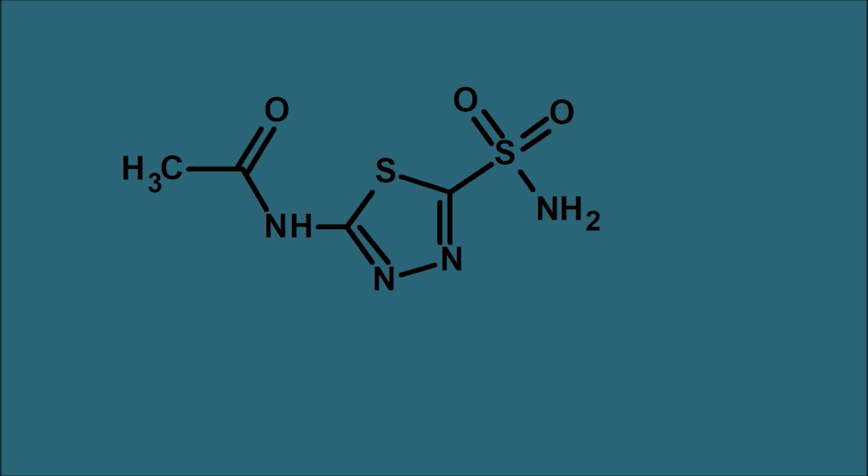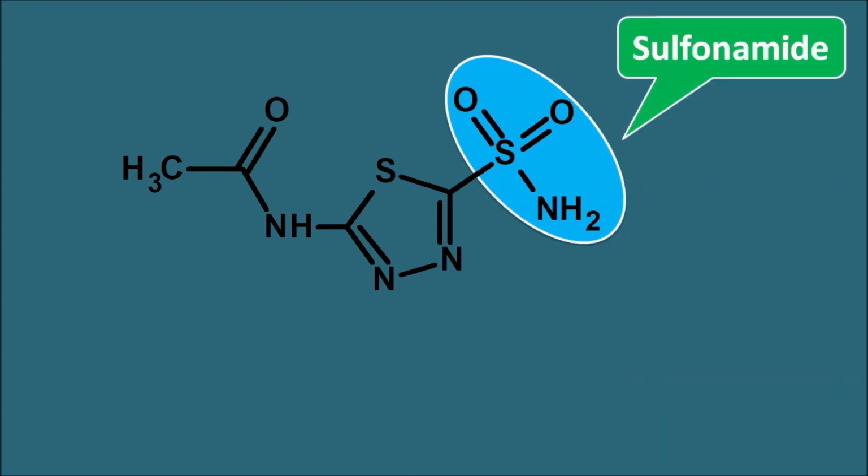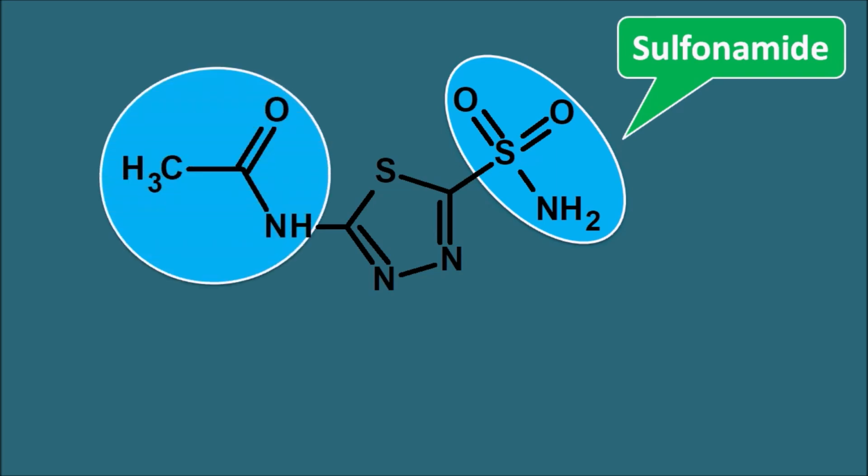If you see the structure, we can observe one of the functional groups. This is nothing but the sulfonamide. So acetazolamide is chemically a sulfonamide, but on the other side you can observe another functional group. This is the carboxamide. So acetazolamide has the sulfonamide as well as the carboxamide, but which should be given preference? The carboxamide should be given preference, and here we can start the numbering from this carbon, 1, 2. So simply it is an acetamide. Now we can write the name of acetazolamide. The suffix is nothing but acetamide.